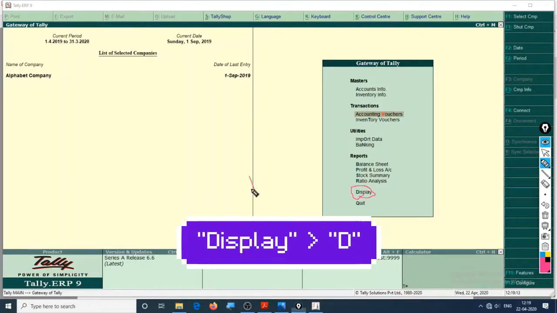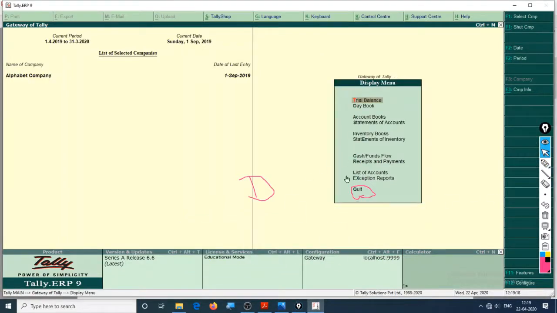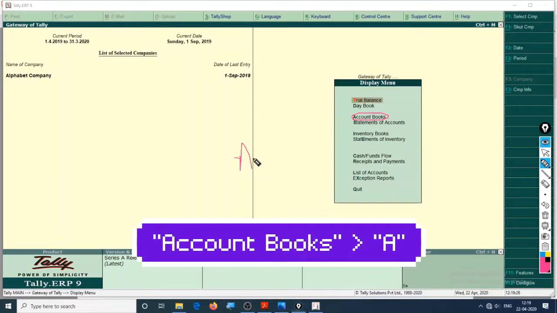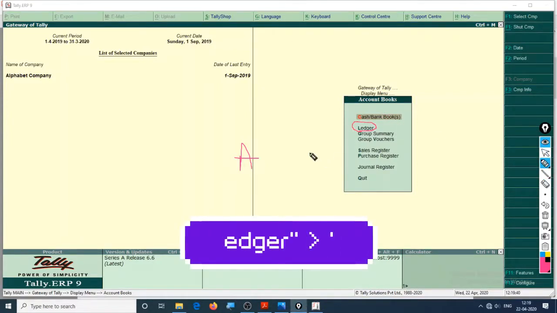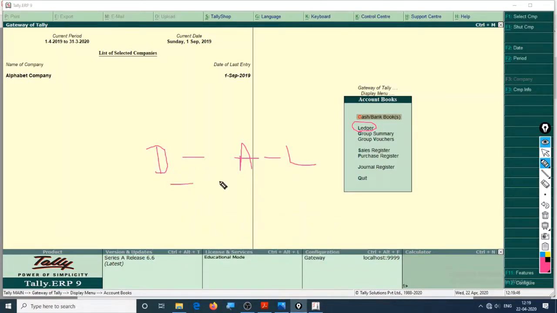We'll go to display, click on D, and then we'll go to accounts book, press A. Okay, so we'll press A and then we'll select ledger right here, so L. So this is the shortcut to open the ledger, D A L. These are the hotkeys to open a ledger fast.